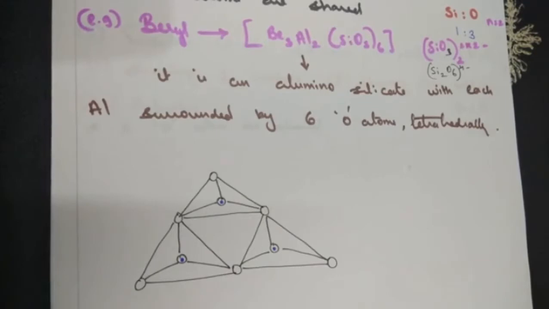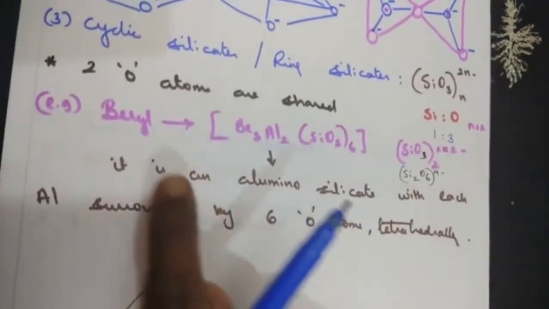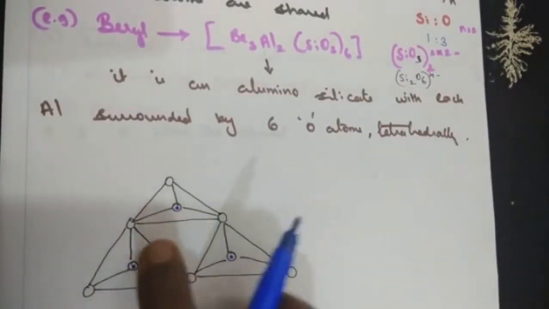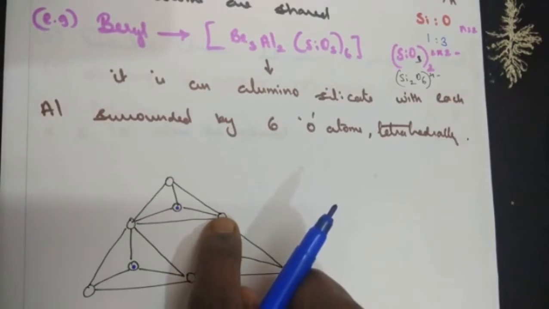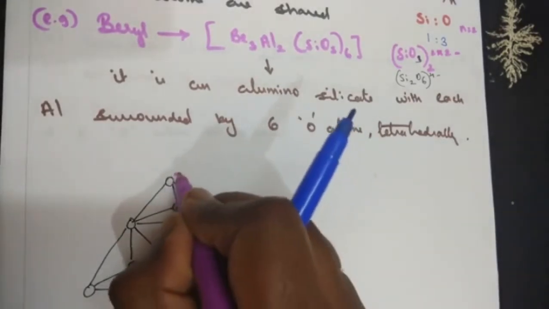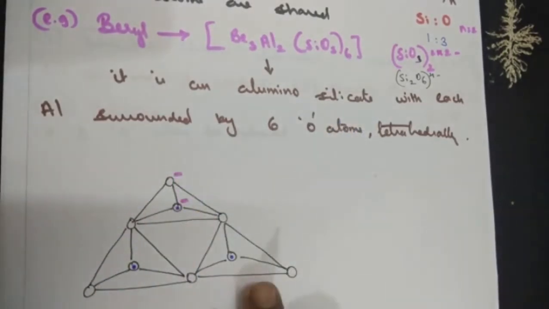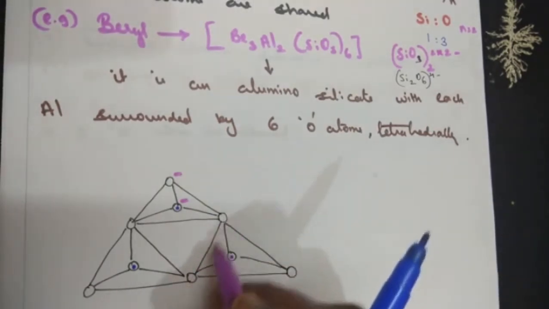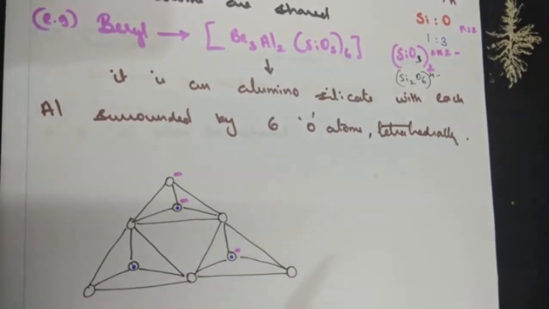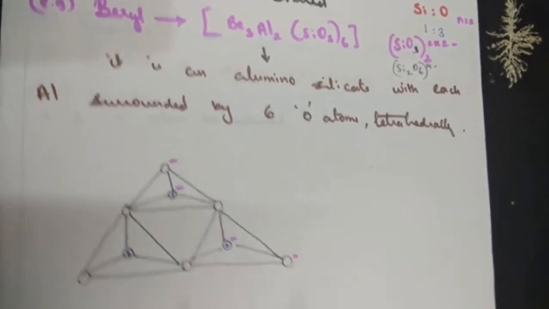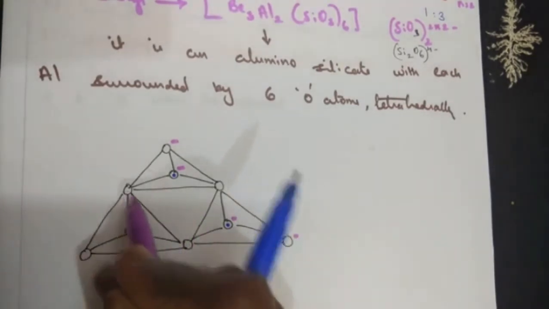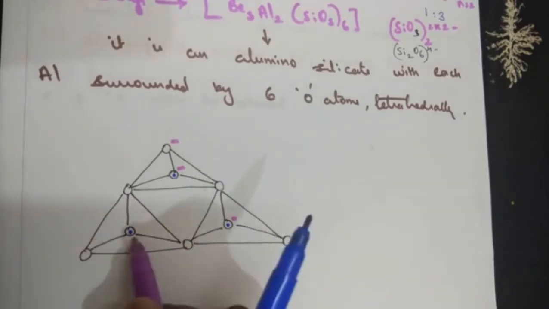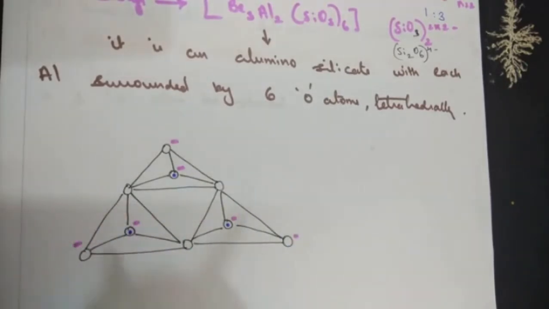Now in terms of charge, when we calculate, how many atoms are shared? Two oxygen atoms are shared. Now if we consider this unit, two oxygen atoms are shared. How many are without the sharing? So the charge will be -2. Come back here. For this unit of SiO4, these 2 oxygens are shared. So this oxygen is not shared. Similarly, come back for this one. Two oxygen atoms are shared. Out of the 4, 2 oxygen atoms are shared and 2 are not shared. So this will be the charge here.